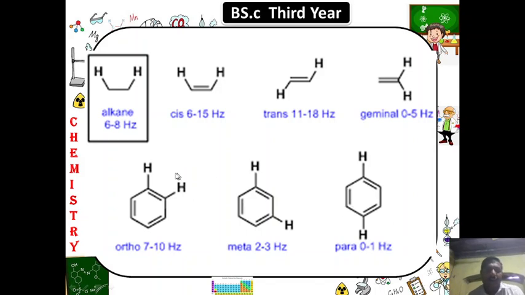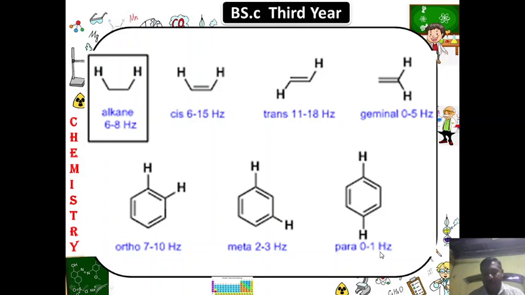Then for an alkane it is 6 to 8 hertz, and cis coupling is 6 to 15. We have seen this, but I want to show here ortho coupling of about 6 to 10, meta coupling of 2 to 3 hertz, and para coupling of